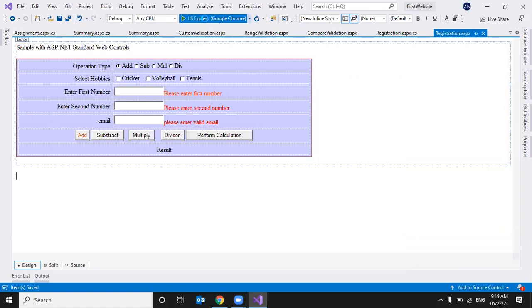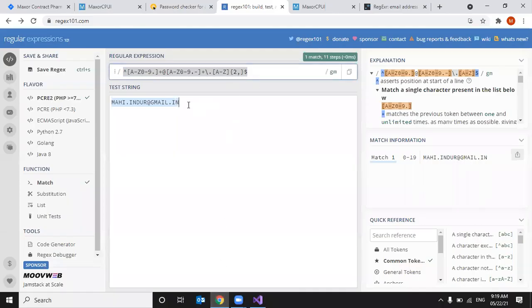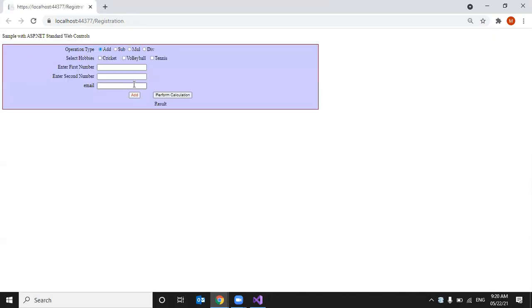Right. So we will check this once. First I'm giving 1, 2, 3, 4, and it is invalid.